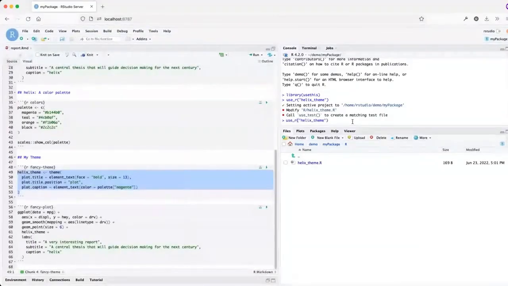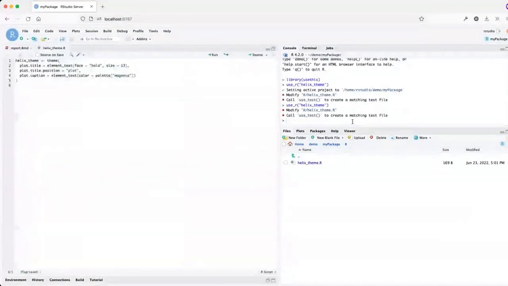So if I already had a Helix theme, it will open it for me. Oh, I did not know that. Yeah. And all of the use this functions come with a little bit of helpful instructions. So you don't just call the function and stuff happens. They will almost always include some instructions after you've called the function. So here it tells you to modify the file, which means go write your code in it.